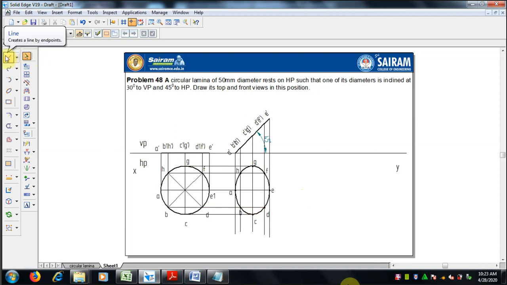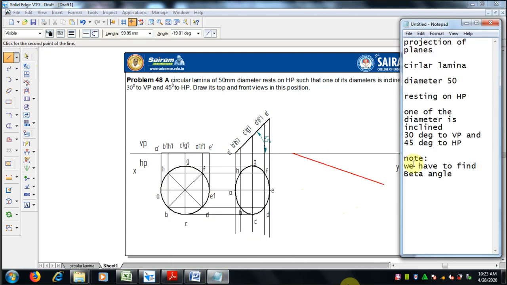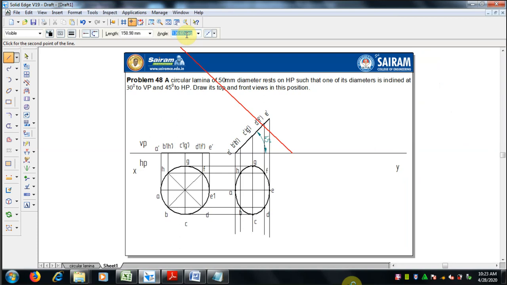Okay, the measurements of these two are very much needed to find the beta angle problem. So first let me go for whatever is given, 30 degree to VP. One of the diameters is inclined to both HP and VP. When this problem comes, we have to find this beta angle.